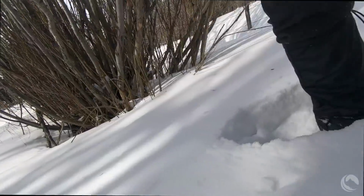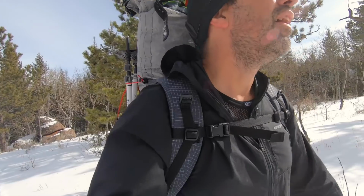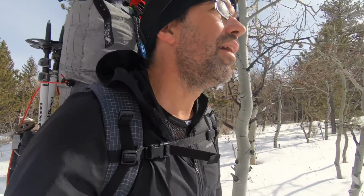The terrain is pretty challenging because the snow cover is so variable. We're going from bare ground to thin layers of snow, and then like where we are right now, which is just deep. Check it out. So it's not like you can walk in regular shoes without post holing to your crotch. So snowshoes are probably the best option, but man, the snow is really deep in this draw, so I'm going to try to get out of the draw and up onto the ridge line a little bit, hoping that on the ridge,